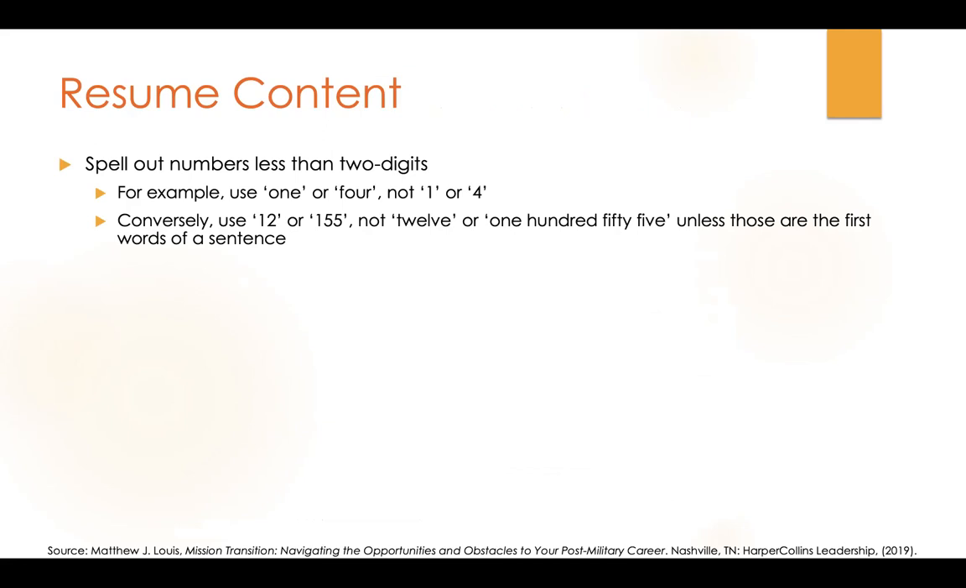Again, some rules of the road, some detail here, not to get overly detailed, but these are some things to consider that are going to perhaps save you some space on the page and make sure you're in compliance with grammatical rules. Spell out numbers less than 2 digits. You can see the examples here. A single digit number you would spell out, whereas a double digit or more number, you would use the number itself rather than spelling it out, unless those numbers or words are the first words of a